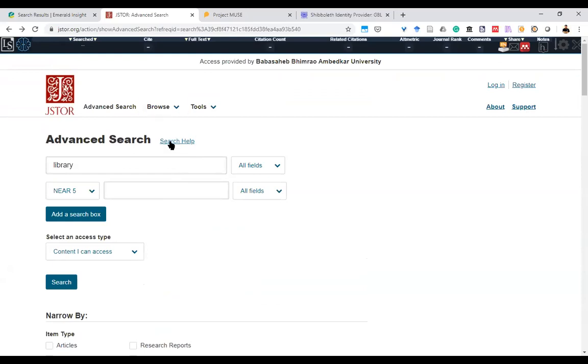Once you search that, you can also go to search help, and you can open it on your system later on, and see the search help feature to learn about the different techniques that are available and how you can implement them. And in all fields, title, abstract, caption is available. So we will stop here today, and in the next class we will discuss the other features of the JSTOR database, as well as the features of other databases.